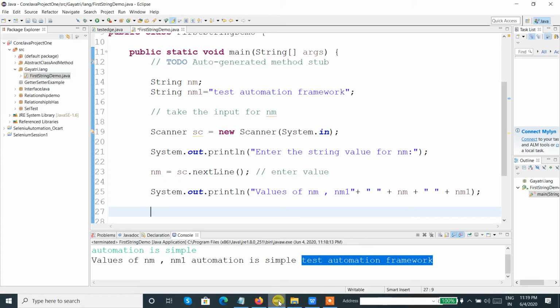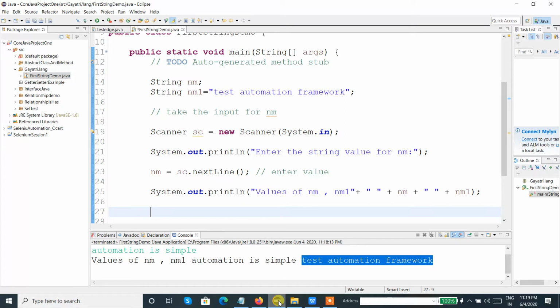Go to Eclipse, use the string object, that is we have created the string nm and string nm1. Now I want to check the methods of the string class. When we create a variable, it will be treated as an object for the string class.